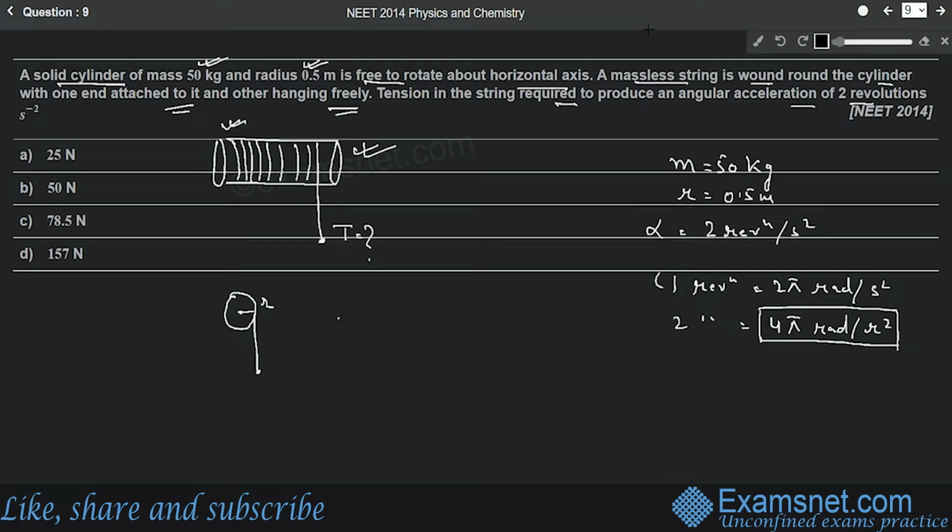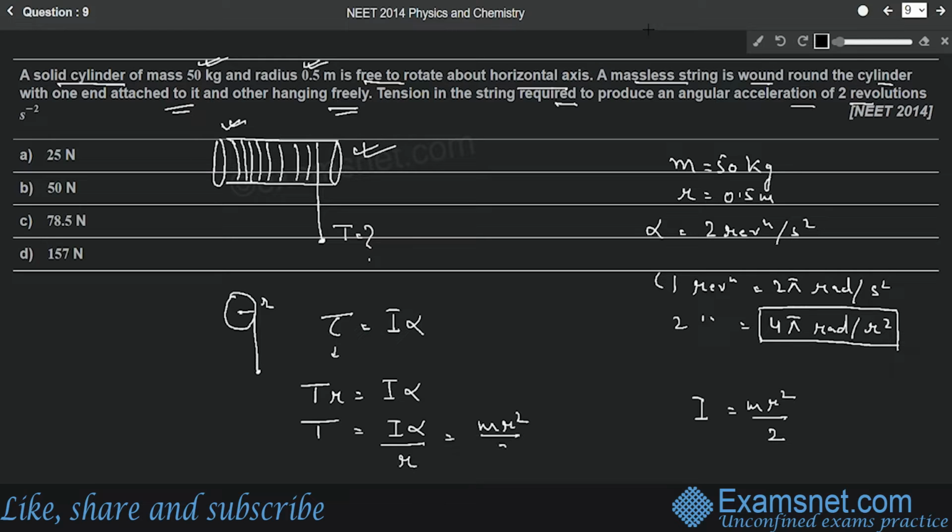We know that the torque is equal to I into alpha. Torque is also written as tension into radius. So tension into R will be equal to I into alpha. So the tension we have to find out will be equal to I into alpha upon R. Now what will be the I? Moment of inertia will be equal to M R square by 2. So let's put the value. T is equal to M R square by 2 into alpha, which is 4 pi,